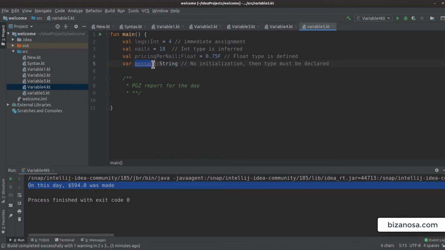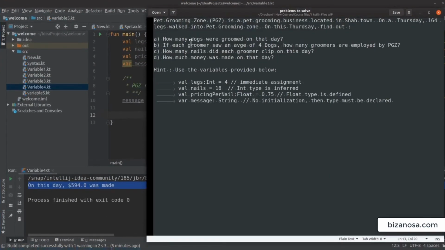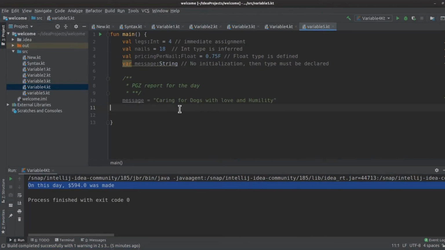Okay, so first let's initialize the message, and we can say message equals... okay, so that's our message. We want to do some sort of a report, and in our report we want to have the result of all this. Dogs groomed. So the first one will be dogs groomed. So if you want to do multi-line, and multi-line is basically whereby we want to have everything in a single block like this using template strings, you'll use three double quotes